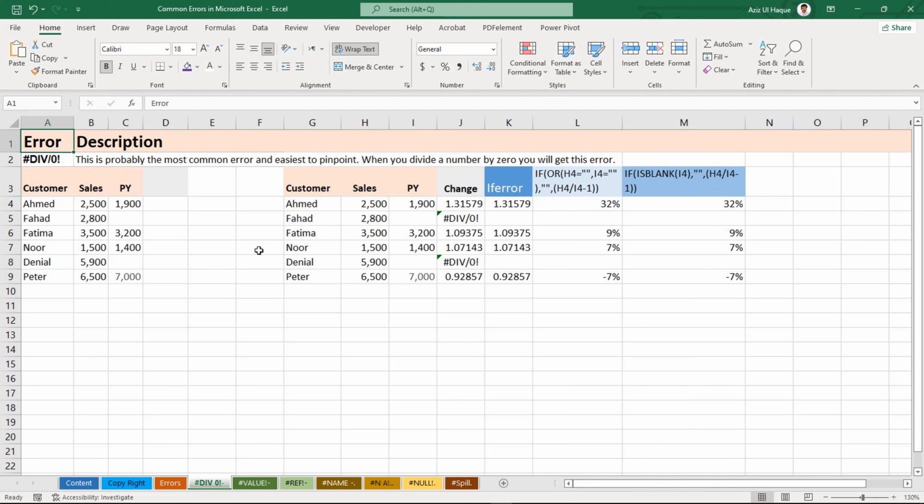This is the most common error and easiest to point out. It appears while doing division, subtraction, multiplication; multiple concepts you can use them. Here I have prepared one example. This is my data: customers, sales and previous year sales, and here I use this formula. You can see I divided H on I, equals H sales over previous year's, and I need a percentage, so I'm just changing it to percentage,